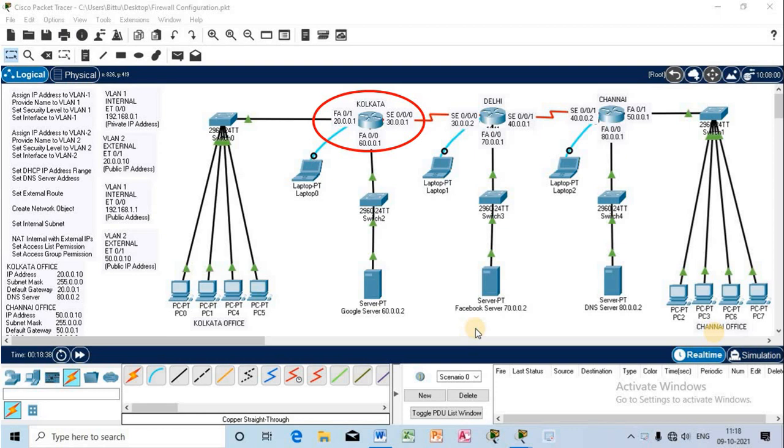So you can observe we have a router at Kolkata. I have also connected the Google server, having the IP address 60.0.0.2, with the Kolkata router.